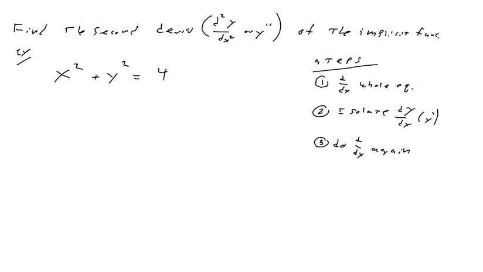So we find the derivative of the whole thing, isolate the dy dx, and then we take the derivative again. And the last step is substitute for dy dx, or y prime,